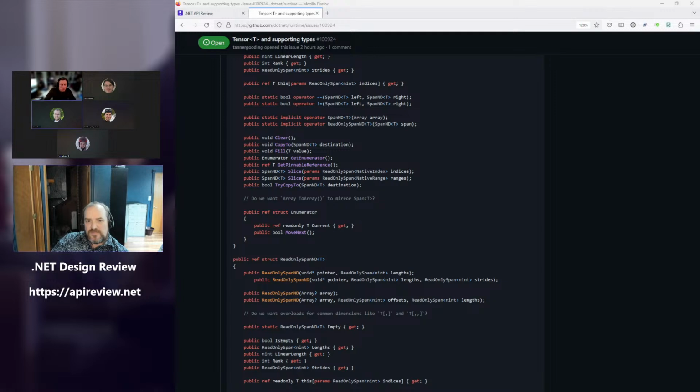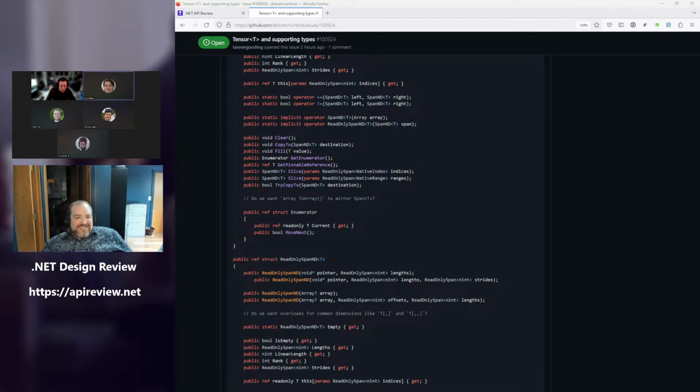Yeah, I mean, that makes sense to me. I just think that there are use cases where we need that ability. So that's how I was thinking with to array. So whether it's to array or whether it's something else doesn't really matter. Yeah. Because with whether it be copy to span or flatten, the concern over just calling it to array is